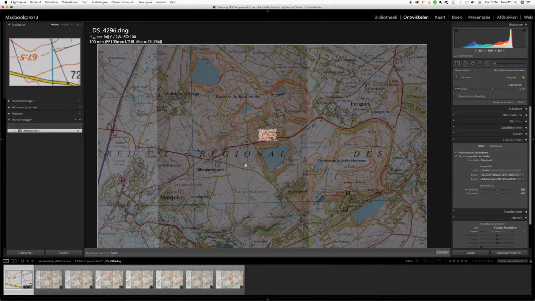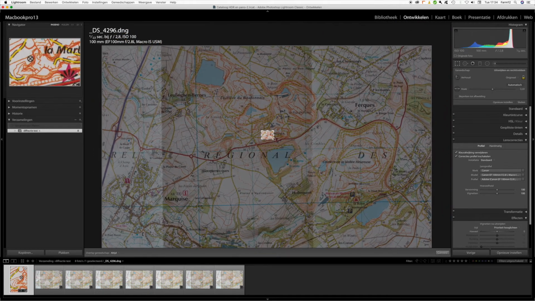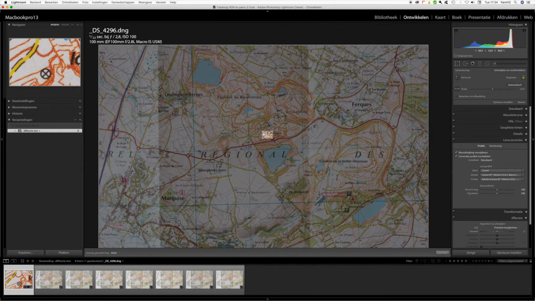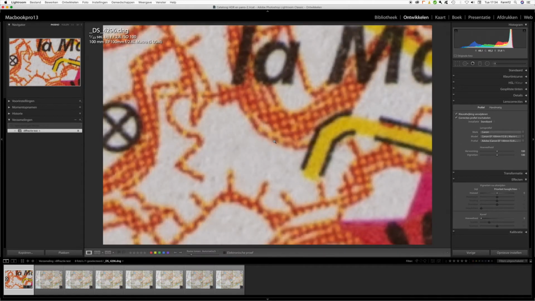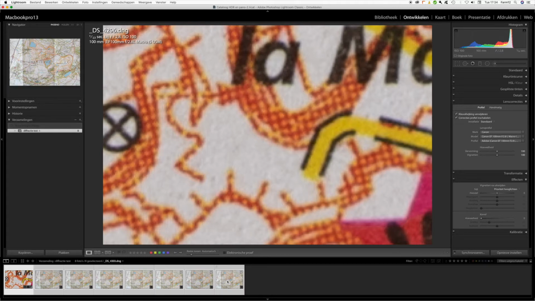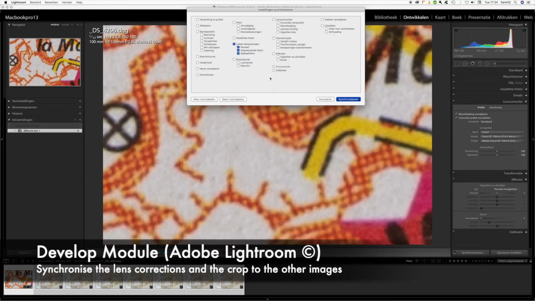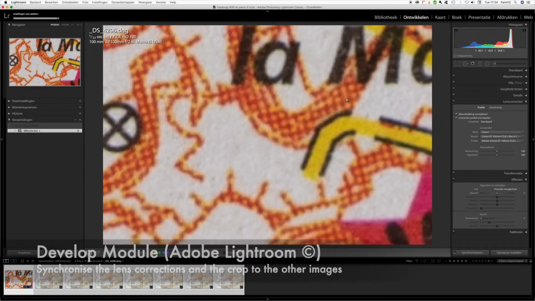The crop should be as small as you can make it, more or less. So we get a part of the image, a very small part of the image, and then I will select all images and I will synchronize these corrections on all images. So what I have used is lens corrections and crop, and I will synchronize that